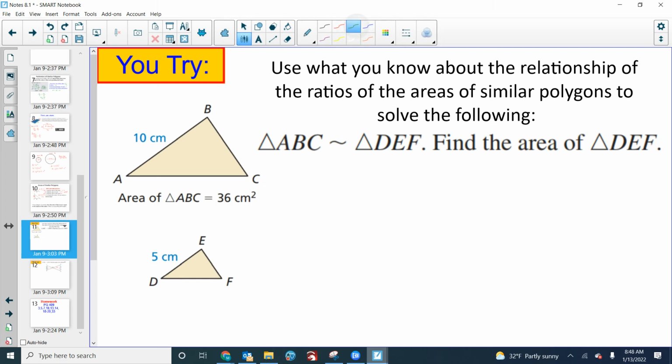Finish up with one of these from the notes. All right, we're told these are similar. The ratio of the sides. The ratio of the sides